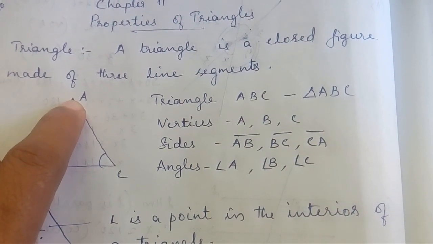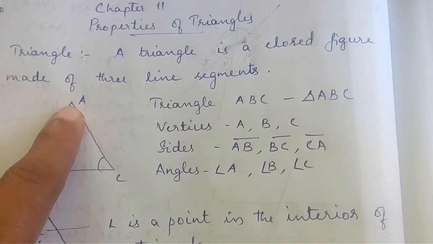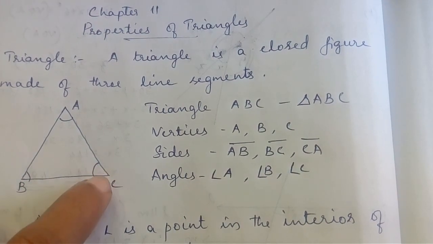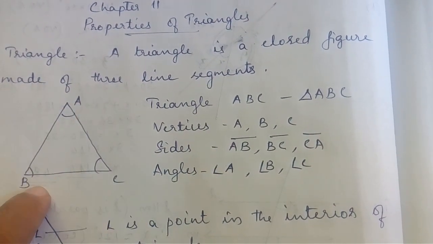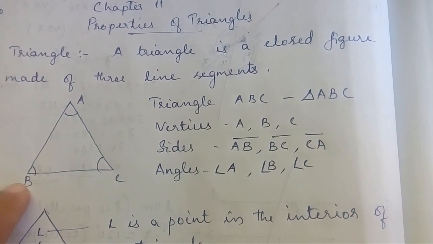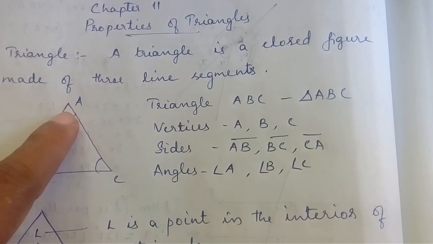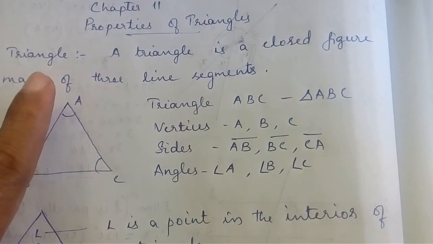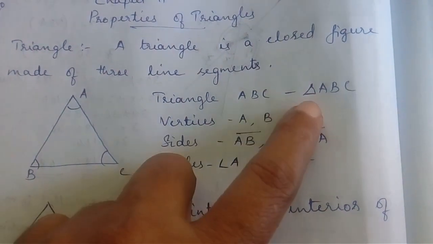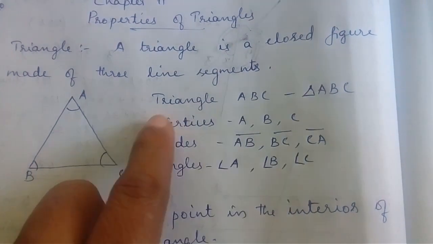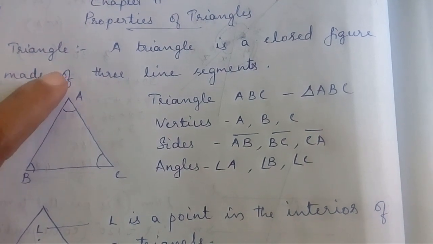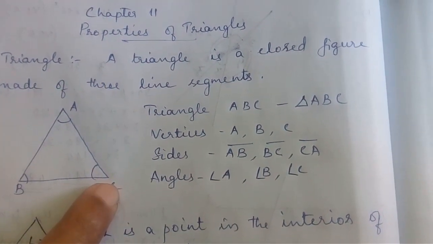Then here two line segments are joined, or a common point is there for two line segments, that is A, here B and here C. These common points are the vertices of the triangle. Vertex, its plural is vertices. So for the triangle, three vertices are there. According to this one, we gave the name triangle ABC. So you can use the symbol here, triangle ABC. Instead of writing this triangle, you can use the symbol like this, triangle ABC. Its vertices are A, B and C.